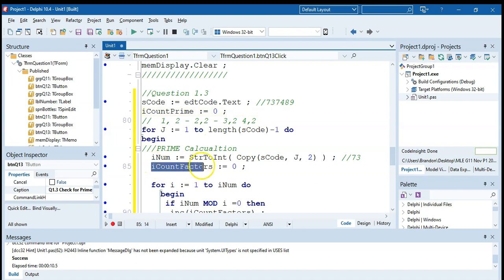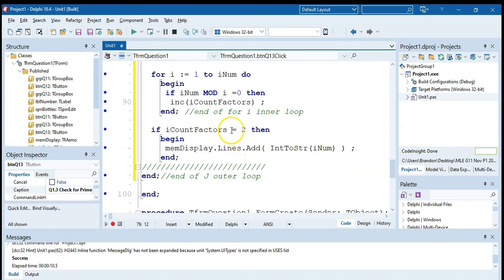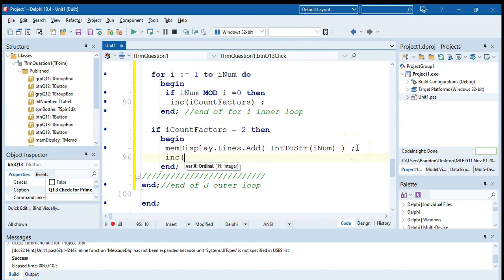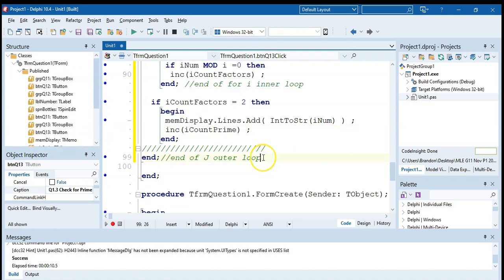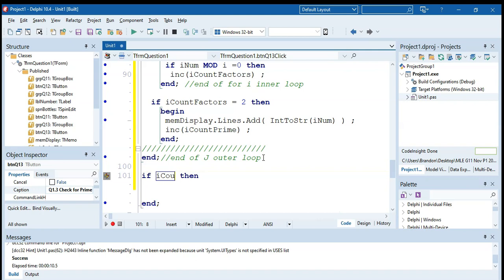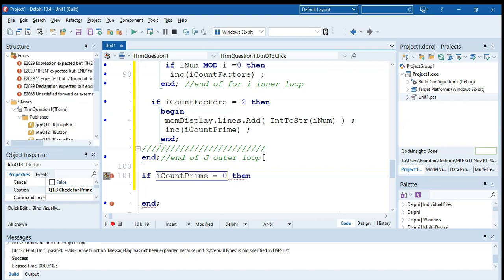We do want our count factors to be 0 inside of the loop, because when we go from 73 and count those factors, we want to start at 0, but then when we move to 37, we want to reset the factors to 0. We don't want to include the factors from the previous number, so that one is inside the loop. But our count prime is outside the loop because this incorporates all the calculations, and every time we find a prime number and we display it, we increase our count prime. Then at the end of the outer loop we can say if our count prime is equal to 0, that means